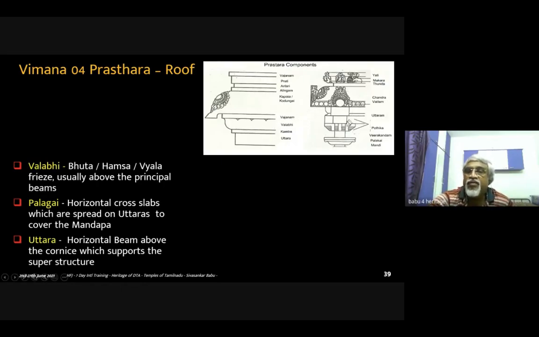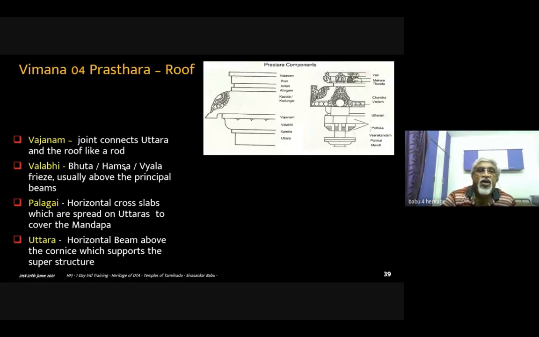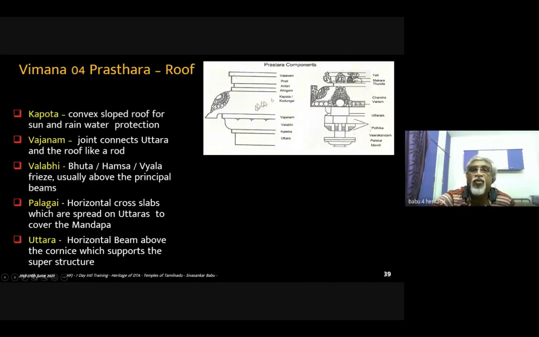Valabi is, after the pillar portion has ended, the slope portion. Why it is interesting is that the Yali Vari and all the decorations will be in this area. Vyala or other Bhuta will usually be above the principal beams. And after that, there is a joint which connects the Uttaram and roof, like a rod. This won't be visible. The final, the most important and beautiful one is the Kapodam, the convex slate roof, which is